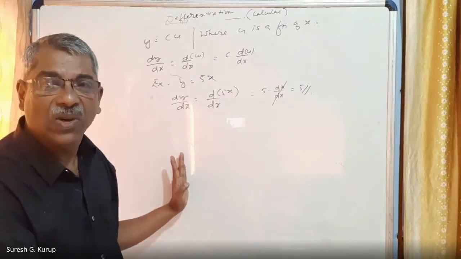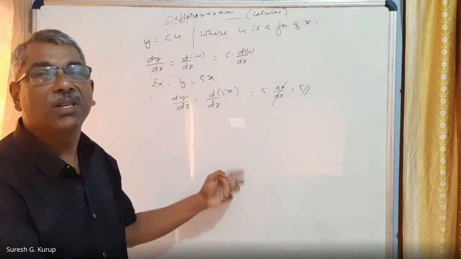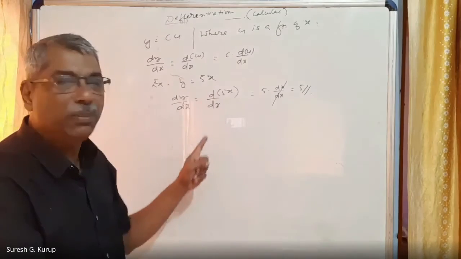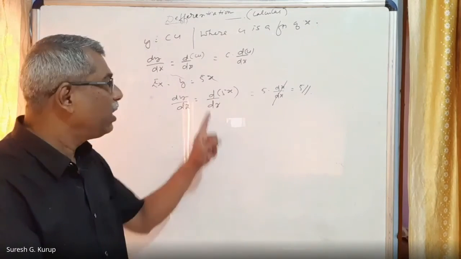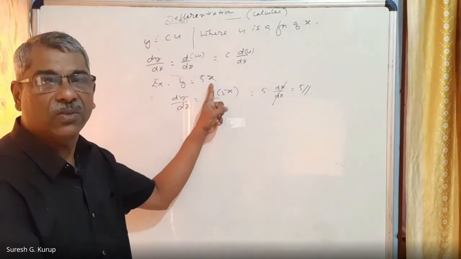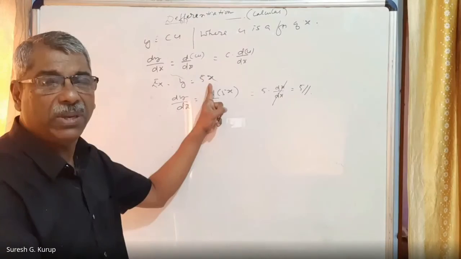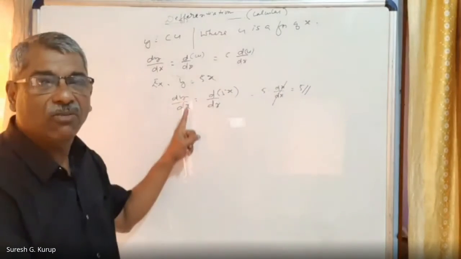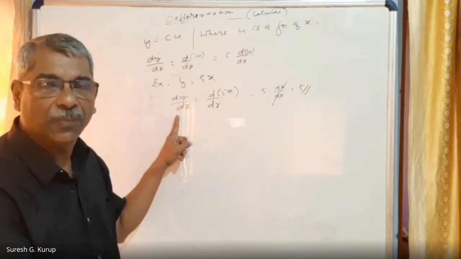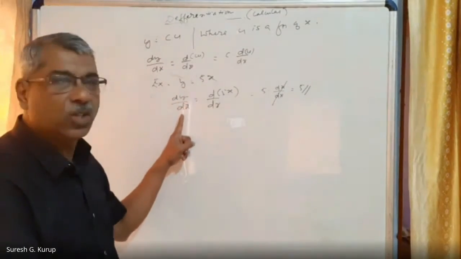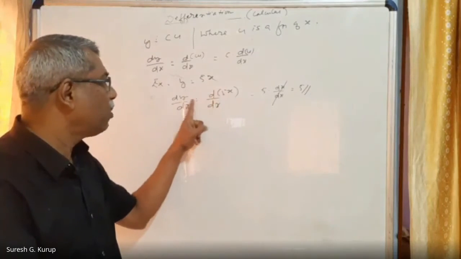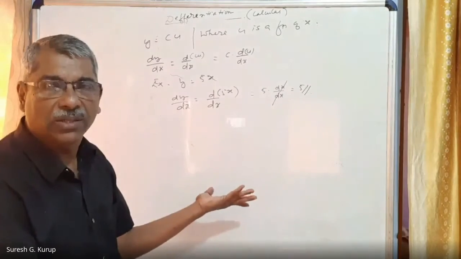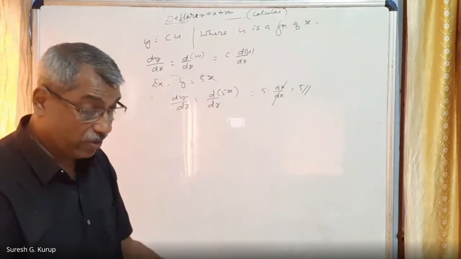Right. Second rule is what? Cx, a constant times a variable. Then how can the differential coefficient be calculated, or how can this be differentiated? So the differential of y is equal to 5x, for example. This is the rule and this is the best example of that. Very befitting example. Y is equal to 5x. Therefore, dy by dx is the differential coefficient. Differentiating this expression, dy by dx is equal to d by dx of the value of y. Y is equal to 5x. 5 is taken outside and dx by dx. So dx by dx is equal to 1. Therefore, we are getting 5, right?